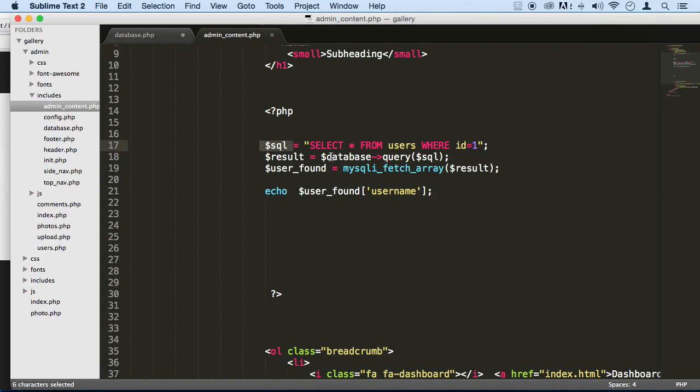Then we used our method from our class, and this is the way we call it, with the name of the class and the name of the method, and then we're passing in the variable, which has the string inside. Then after that, we're using a function called MySQLi fetch array to pull out the results that we get